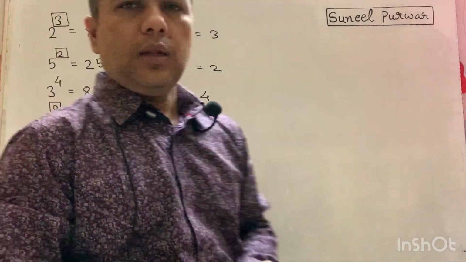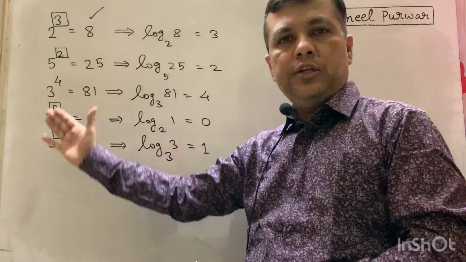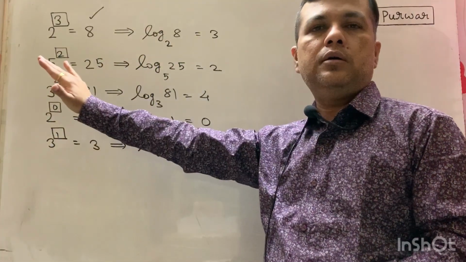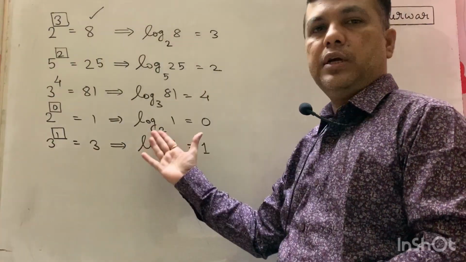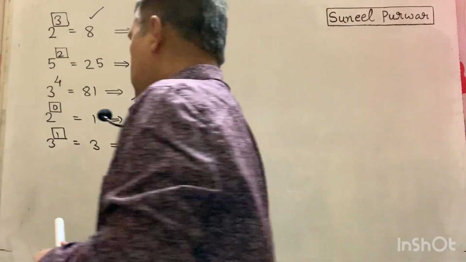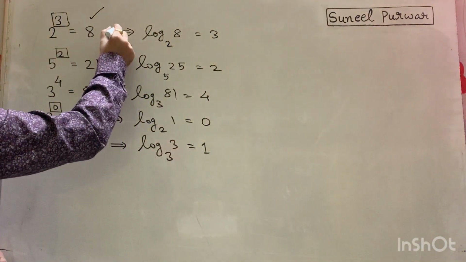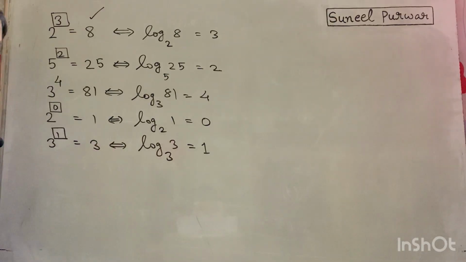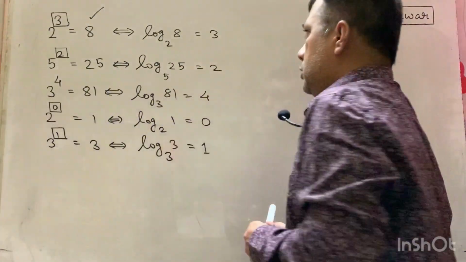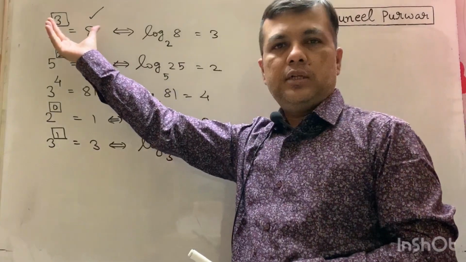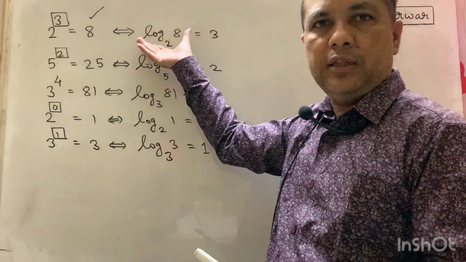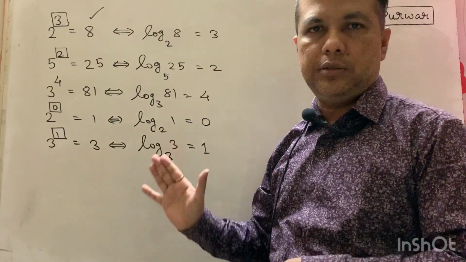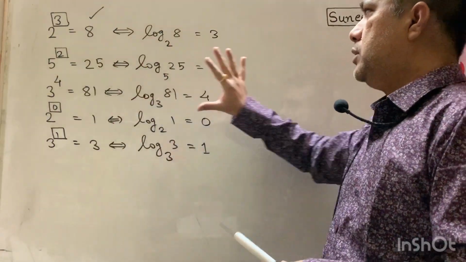So from exponentials you can say these are the logarithms, and from logarithms you can say the reverse, means from logarithms you can say the exponentials. I am writing a double-sided arrow here, by implication. So if exponentials are given, this is how you can write them in terms of log, and if logarithms are given, how to write them in terms of exponential. Learn that as well.